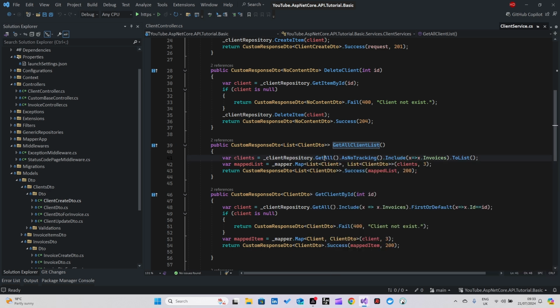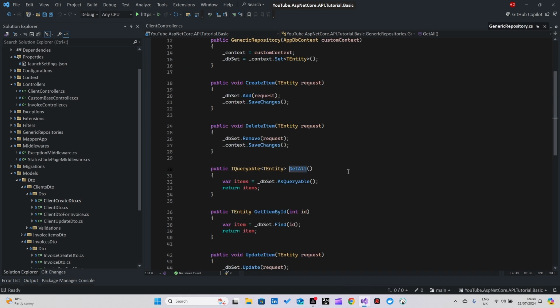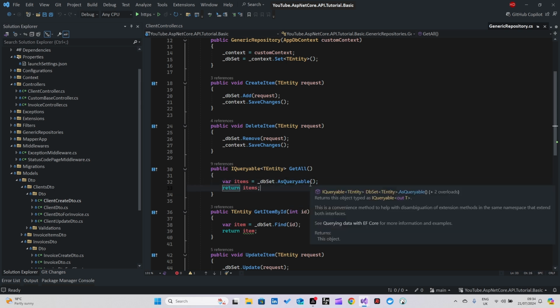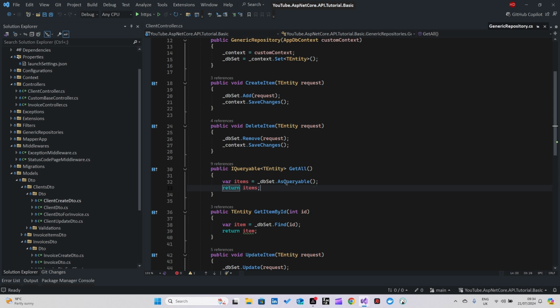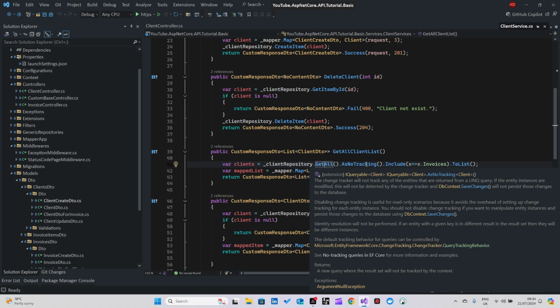Let's have a look at our getAll method itself. Go to implementation. IQueryable. As you can see, we are using IQueryable, but we removed AsNoTracking to track our invoices. And we add AsNoTracking manually to our list because we don't need tracking